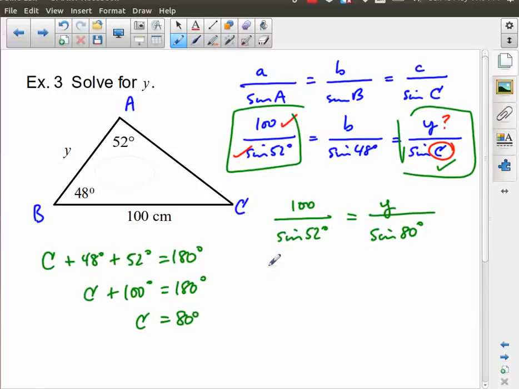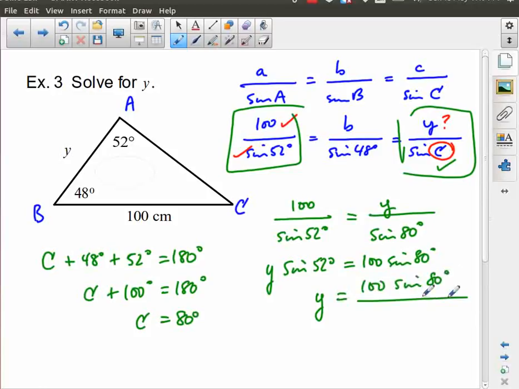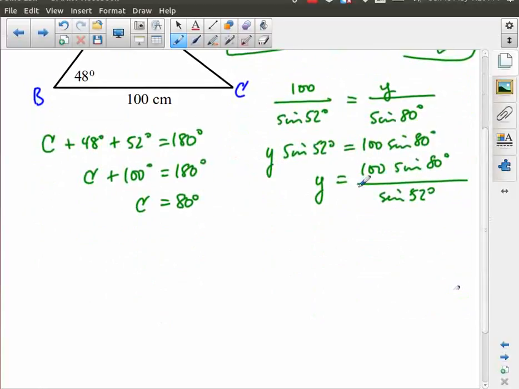I go ahead and cross multiply. I end up with y sine 52 degrees is equal to 100 sine 80 degrees. I write y isolated, so that means I divide both sides by sine 52 degrees. And the reason I do that is so that I can get my answer in one step on my calculator if possible. I'm not trying to be fancy by doing this. I'm just trying to minimize any potential errors. So 100 sine 80, and I'm going to divide that by the sine of 52, and I end up with y equals